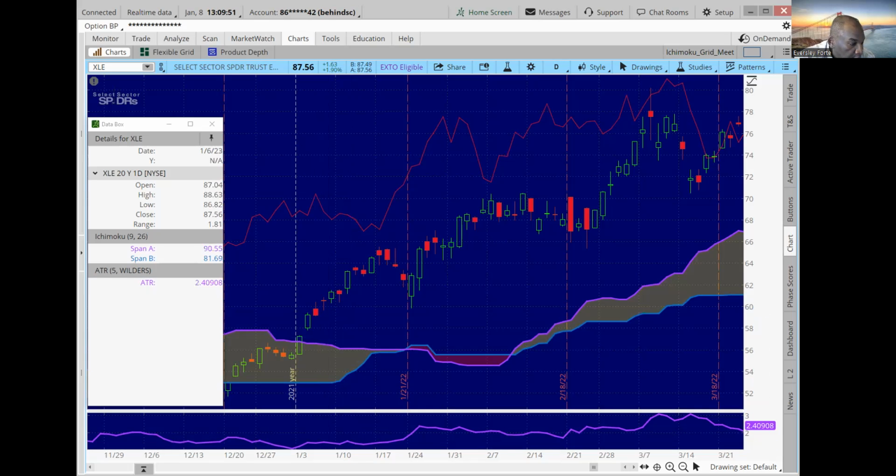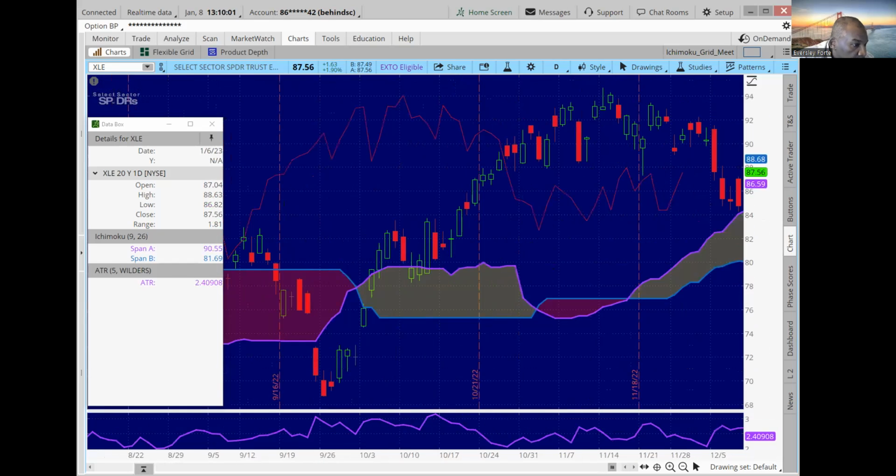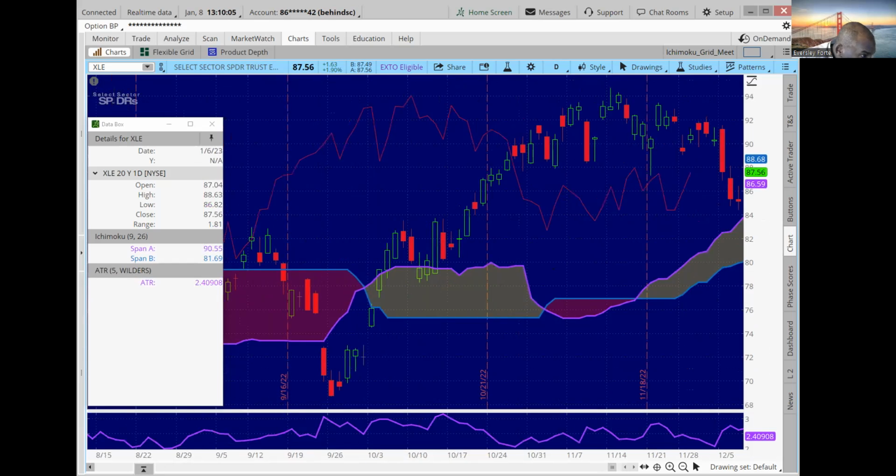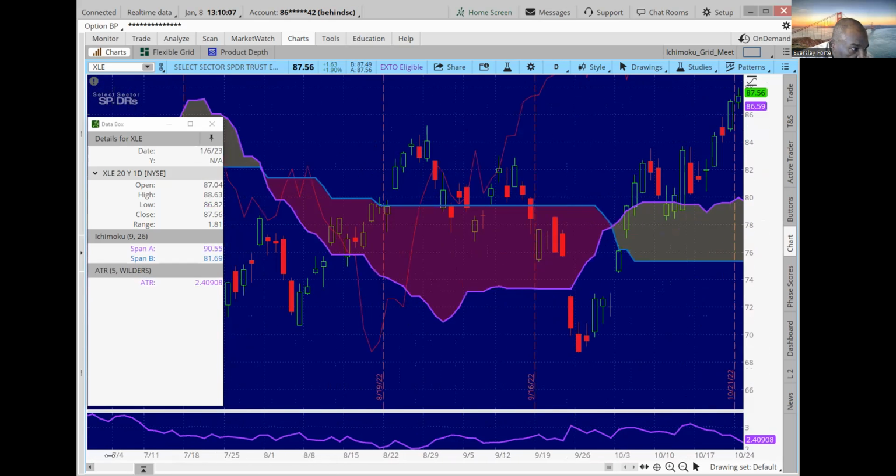So let's do another one of these. Let's take a look on the chart 10-4-22. Was that valid on 10-4? You can count this one again. I want to recount this to make sure I counted the right number of days. So